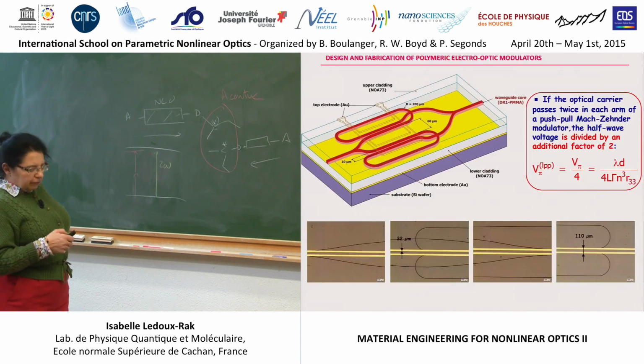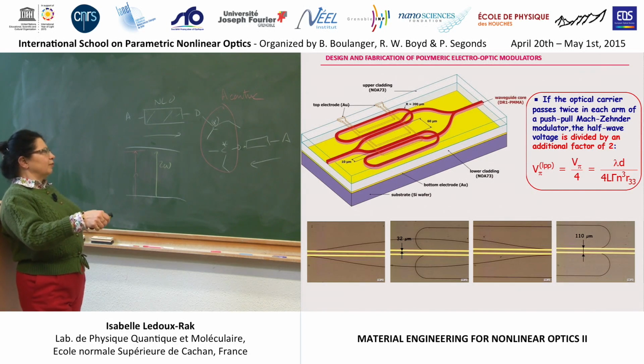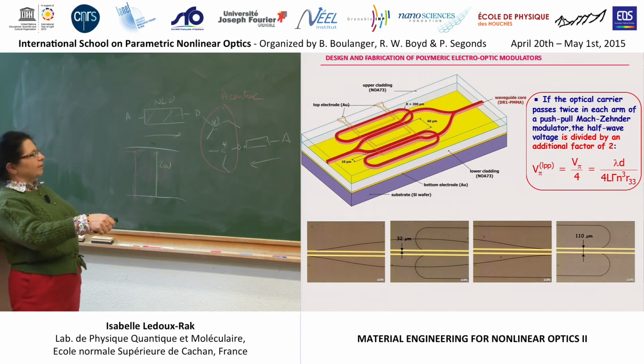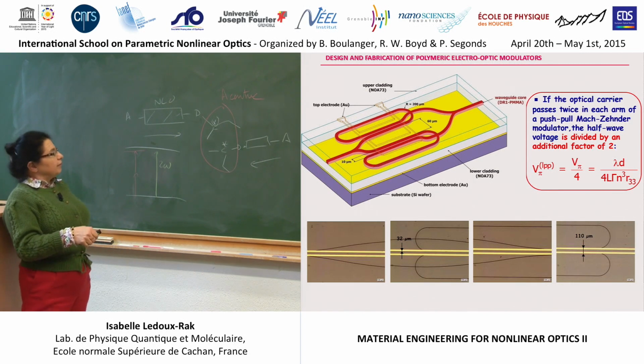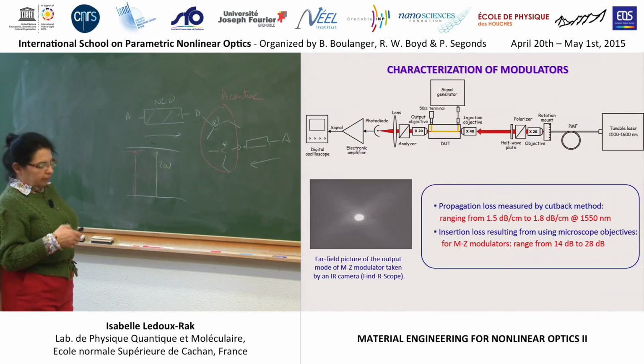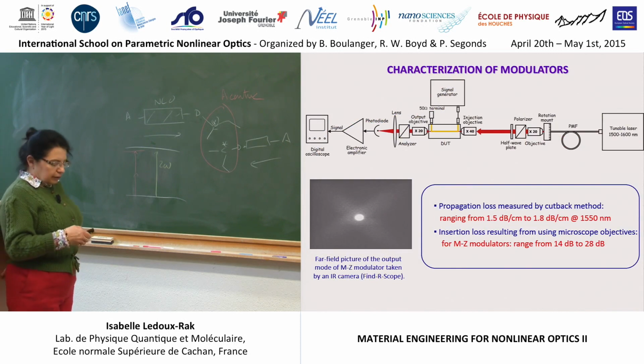There is another trick, which is to increase the propagation length by making some loops. In fact, with opposite poling for each part of the loops, we reduce the V-pi by a factor of 4 with respect to a device with only one poled arm. And in fact, the main problem of this is that it induces some losses because of the curvature of the loop and because you increase the interaction length. And in fact, the results are not so good.